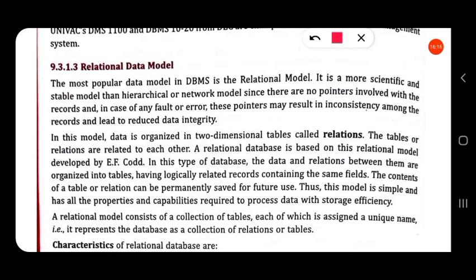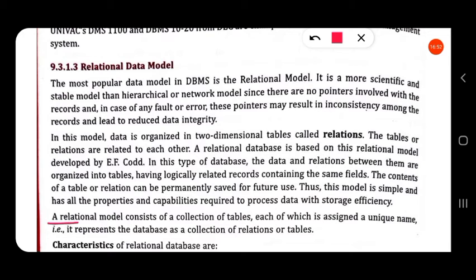Since it is a table, it will have rows and columns. That is, the data and relation between them are organized into tables having logically related records. In a table, the rows are called records containing the same fields. So fields are the columns and records are the rows in the table.